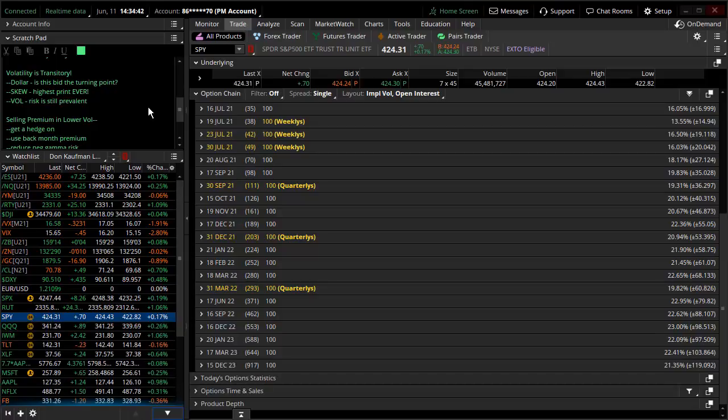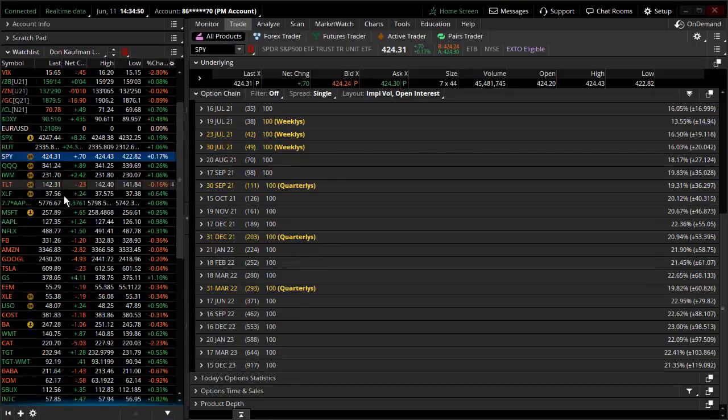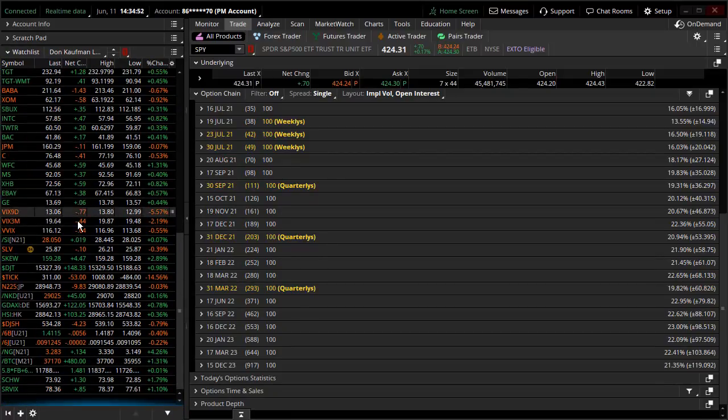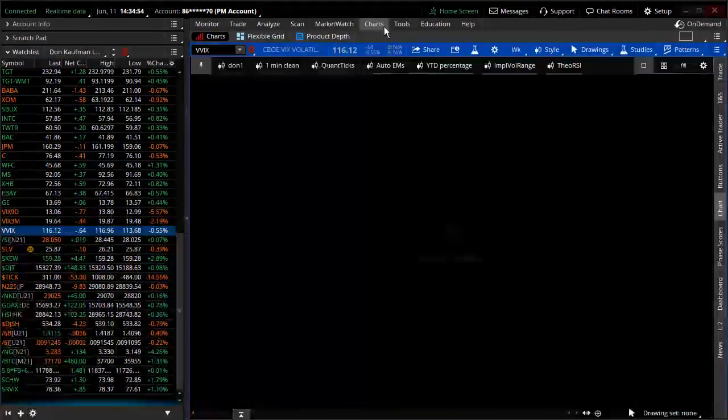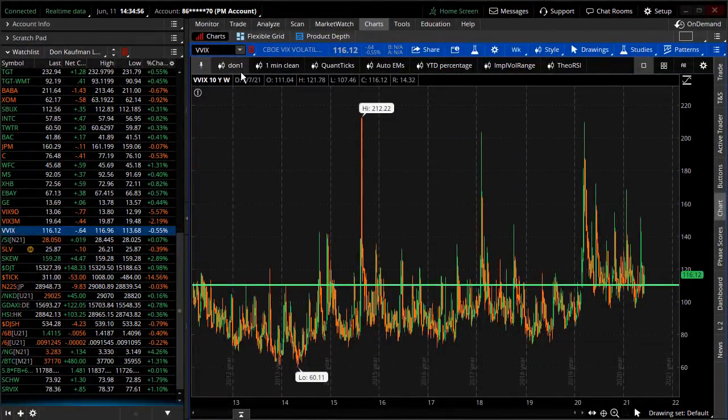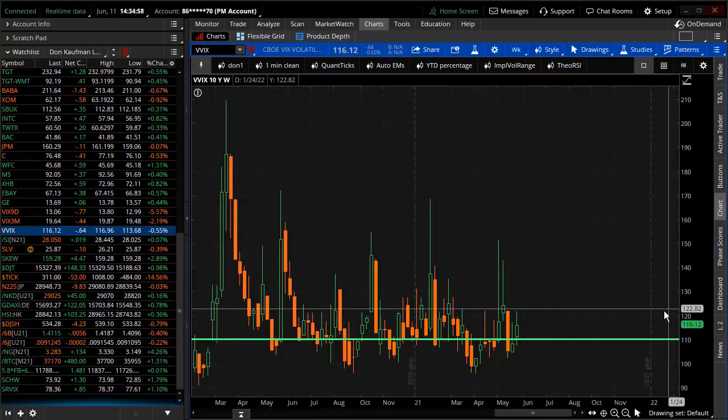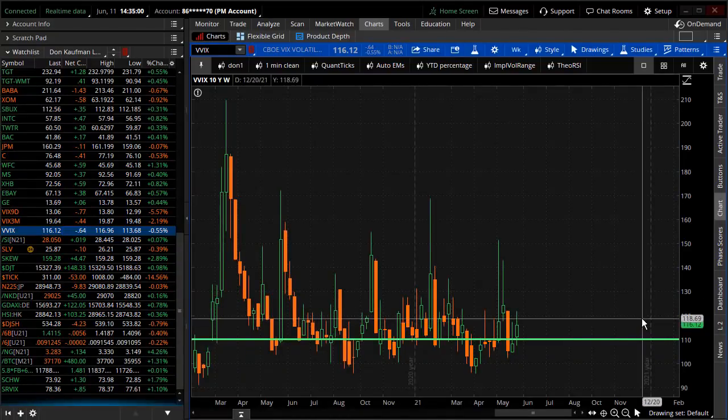So again, with the dollar getting a bid under it, SKEW is the highest print ever, and volatility is still prevalent. Now, I say volatility is still prevalent, but you can't just base that on the SKEW. We should look at things like the VVIX. The VVIX is still north of 110. It's in the VAMA zone, which is the volatility. This is duck and cover kind of territory.